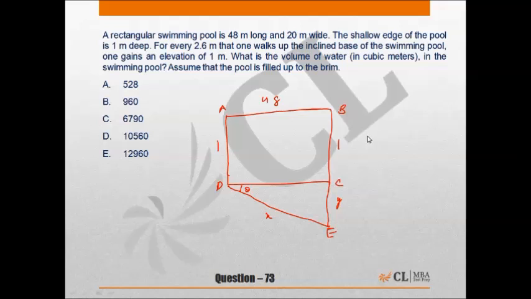As it is known that for every 2.6 meter that one walks up the inclined base of the swimming pool, one gains an elevation of 1 meter. If angle CDE is equal to theta, then sine theta will be 1 upon 2.6, which is equal to 5 by 13. From here we get tan theta as 5 by 12,